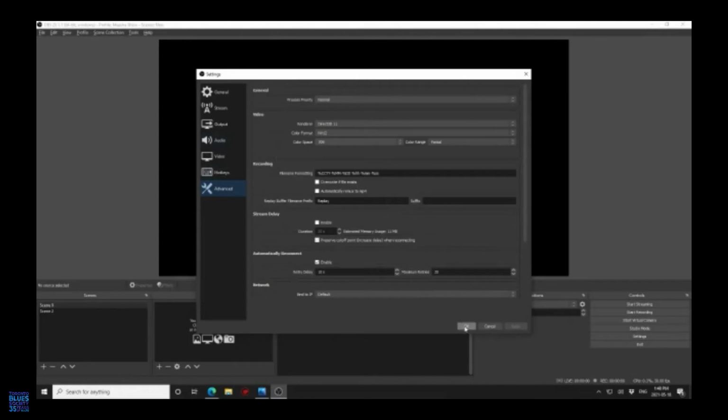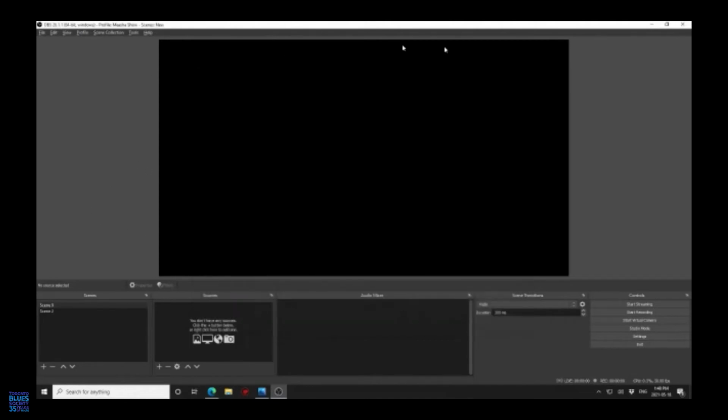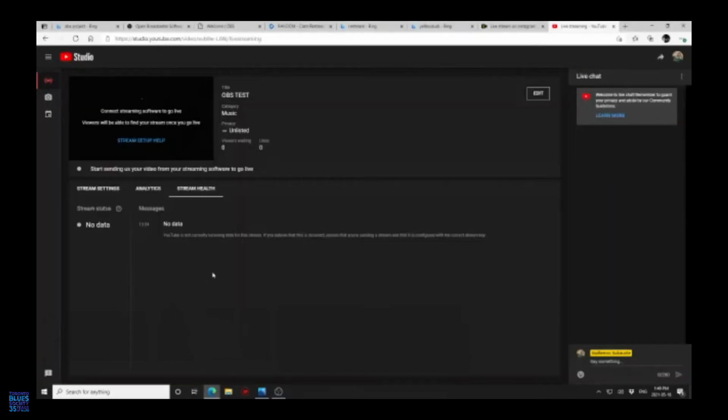So we'll just hit apply and we'll hit OK, and now we're here. Right? Some plugins, because again, remember that OBS works with plugins. It can work without them, but there's some things that you're going to want to download plugins for. The main one that I would recommend is the NDI output, because yes, OBS has a virtual camera of itself, but I find it crashes